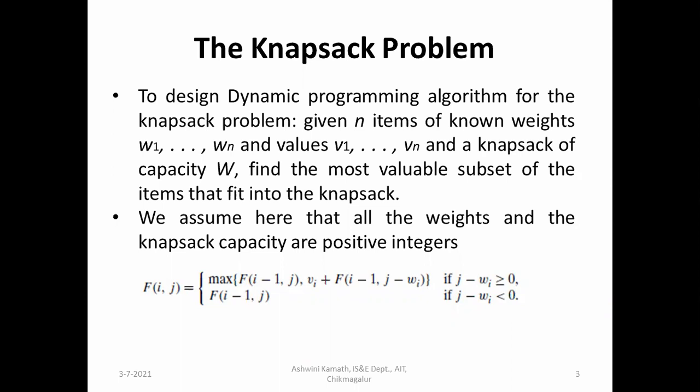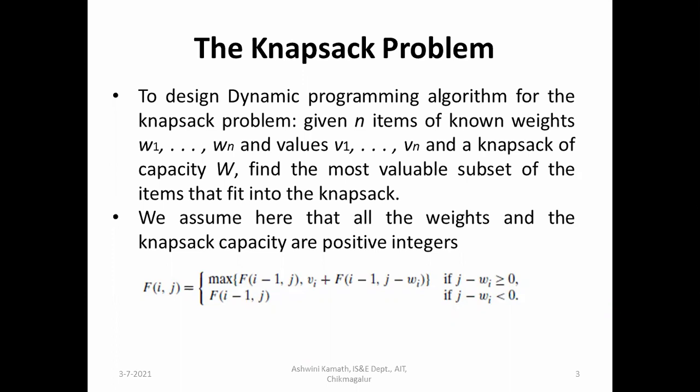For example, we have 10 kg capacity for the knapsack and I have an item with 8 kg. So 8 is less than 10, right? That means you can add it into the knapsack. So j minus wi must be greater than or equal to 0. If it is 10 kg also I can add, because the capacity of the knapsack is equal to 10. So when you perform 10 minus 8, it will be 2, which is greater than or equal to 0. 10 minus 10 is equal to 0, and 0 equals 0, right? So that means you can add that particular item into the knapsack.